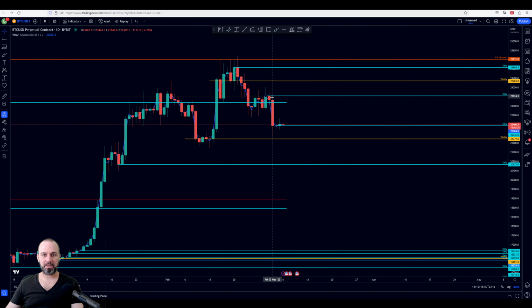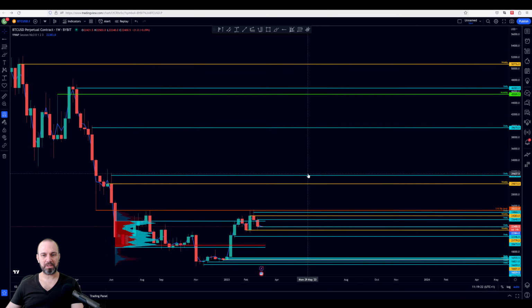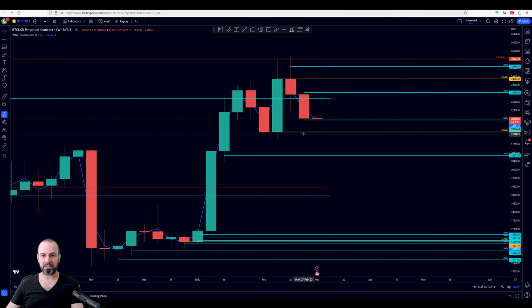So untapped, untapped, untapped. Moving to weekly, we need to see what's going on in this area. So definitely we do have this weekly, right? 24,283 untapped weekly level, and we still have this one. Here you can see the very small front run of this weekly, but it is still an untapped weekly level,